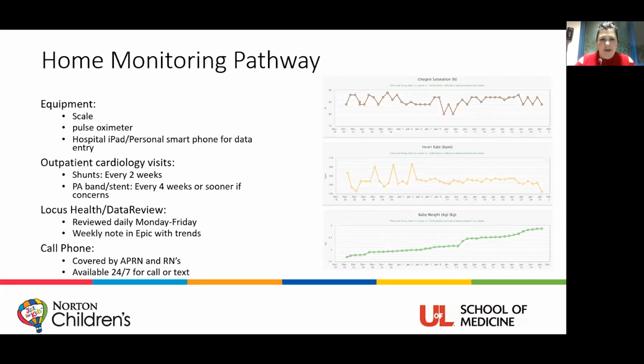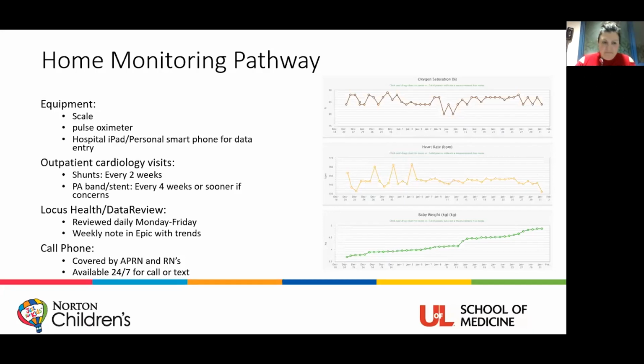So this is a much nicer and more reliable way that we can get this in real time, because I have an app on my phone that I can pull up and see these trends. As soon as they put a weight in, a sat, I can see that immediately. So it's a good way for us to make sure their saturations are staying within range and they're having good